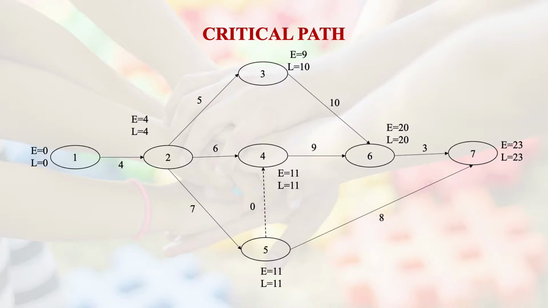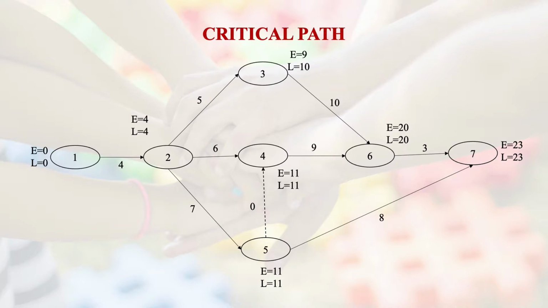So 1 to 2, 2 to 5, 5 to 4, because if we say 5 to 7, it is not a critical activity. Why is it not a critical activity? It was leading to L less than 23 if we move directly from 5 to 7, because 11 plus 8